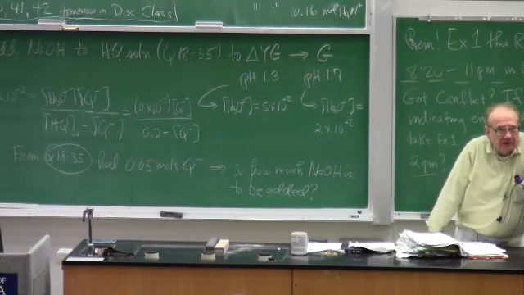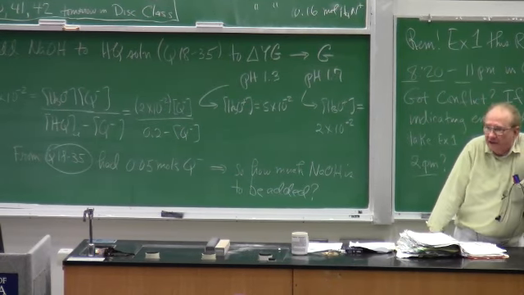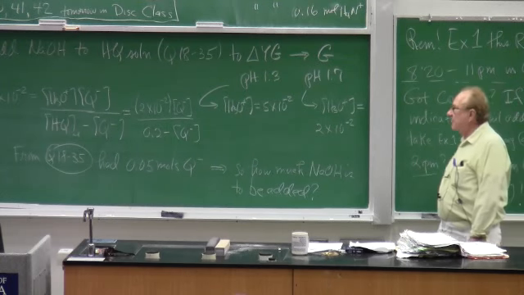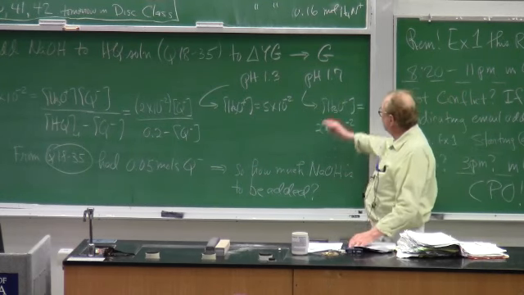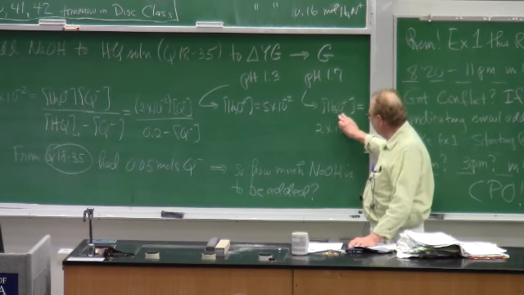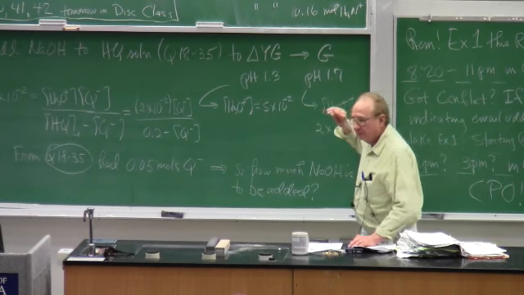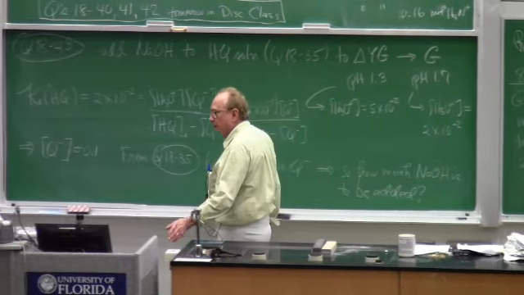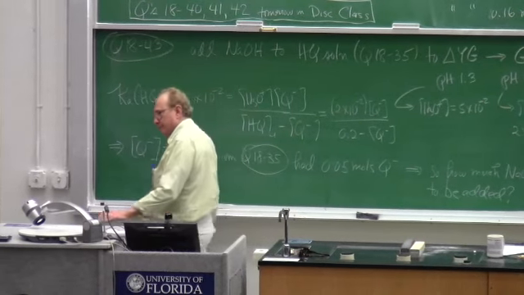Question. How much sodium hydroxide do I have to put into this HQ solution in order to develop a distinct green color with indicator HGX? Distinct green with HGX, if you will recall, is pH 1.7, for which the hydronium ion molarity is 2 times 10 to the minus 2. Clearly, if I add sodium hydroxide, the pH is going to go up. Now tell me,